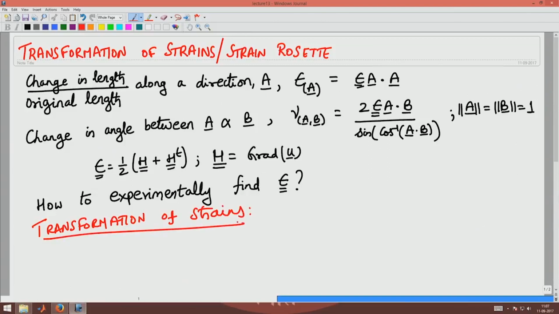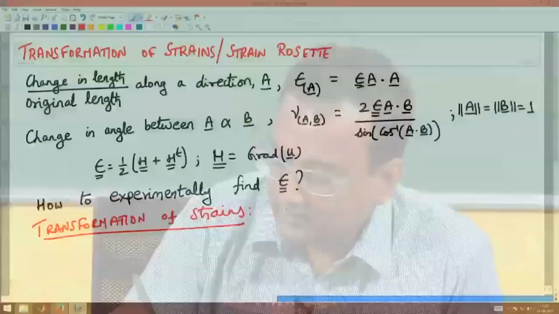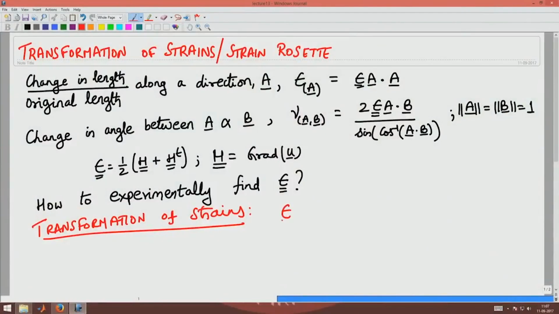In the last class we saw that if you write strain as 1/2 gradient of u plus gradient of u transpose, it is a second order tensor, and we saw in the previous lectures how a second order tensor will transform when we looked at the stress tensor. So, since strain is also a second order tensor, it will transform similarly. So, if I write strain in one coordinate system and want to compute the strain tensor in the starred coordinate system,